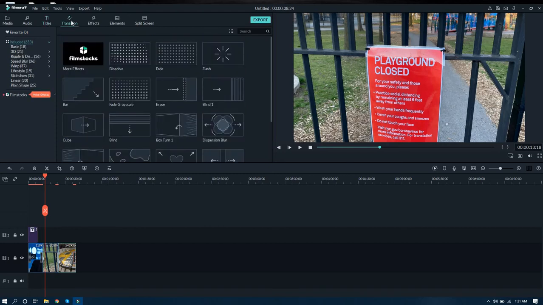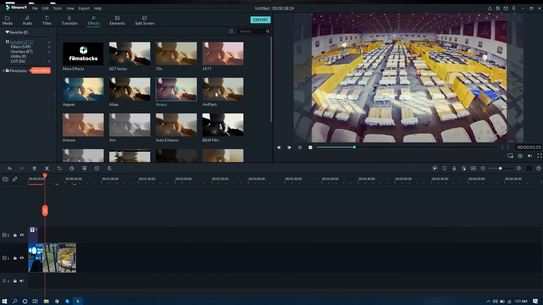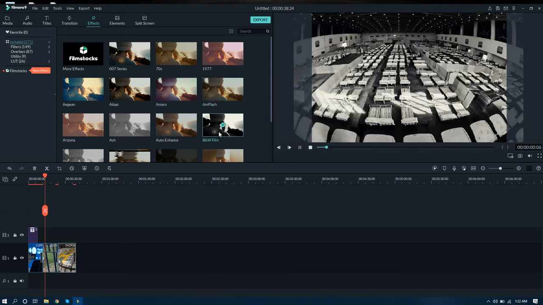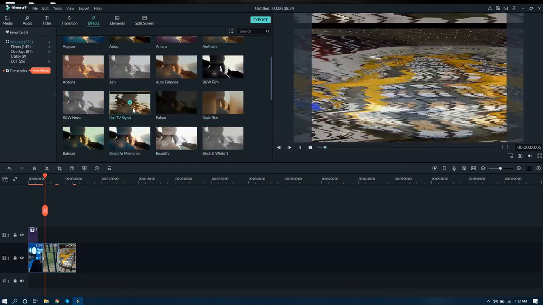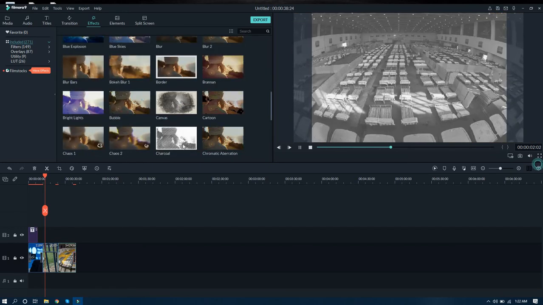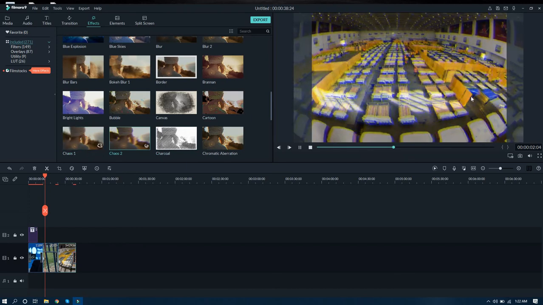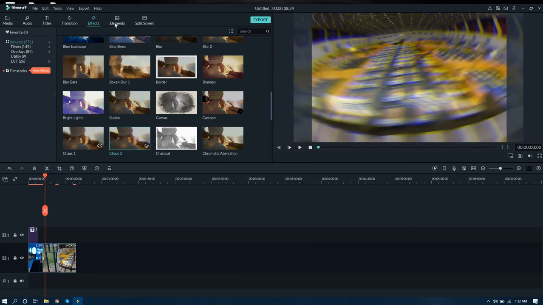Now you can see, as I said, the effects. You can add filters to the images. If I add filters, the images will change accordingly. And a few filters will give the image a lively look, like video. So you can add the filters which are appropriate for your video.